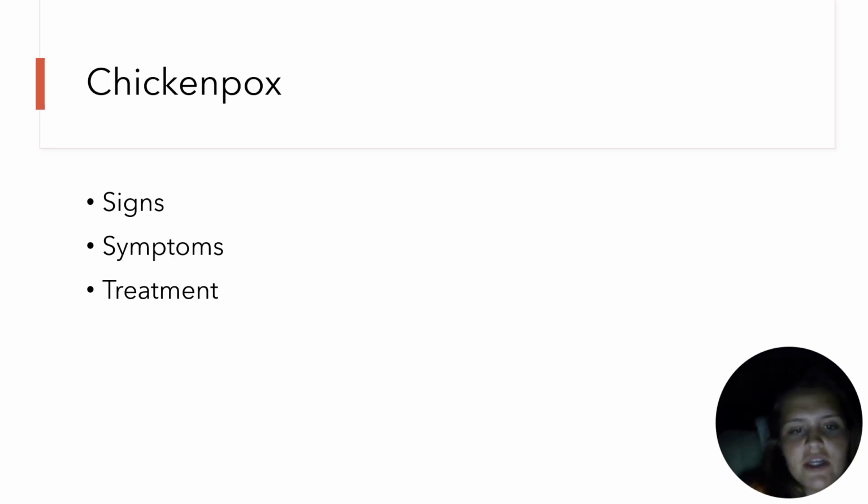Okay, so you have your chickenpox. This disease is usually not serious, but it can be fatal in immunocompromised patients, so it should be taken seriously. There's a vaccine to prevent this, and it is usually encouraged in small children. It is extremely contagious, and it takes about 10 to 20 days before you find your symptoms, and usually you